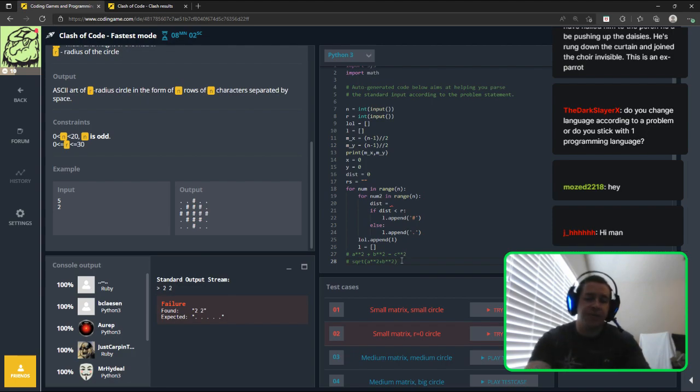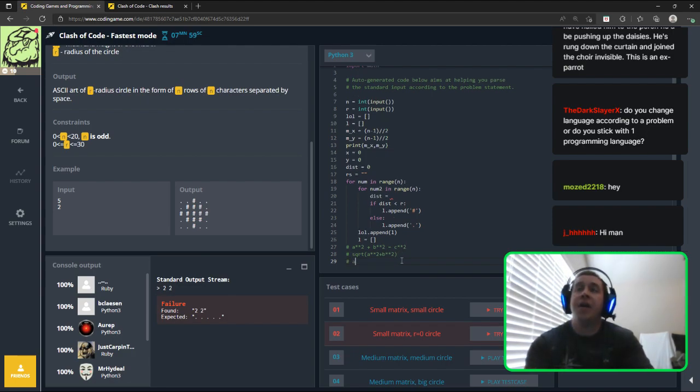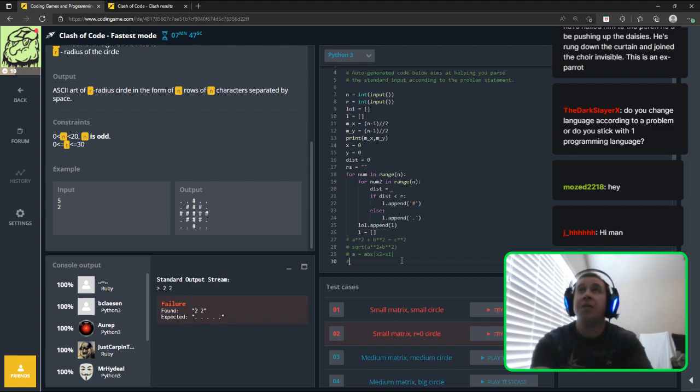To specify this further, a equals absolute value of x2 minus x1, right? And then same thing for b. Okay, which we have those. Then we do math.pow, you can either do it that way or you can do the double star to the 0.5. So distance equals,